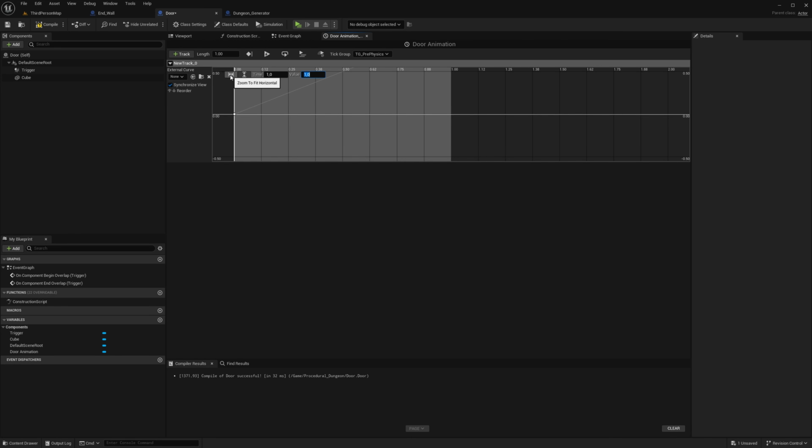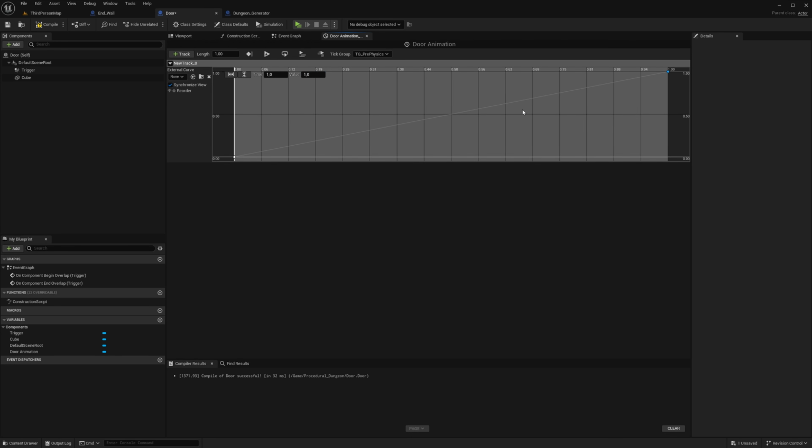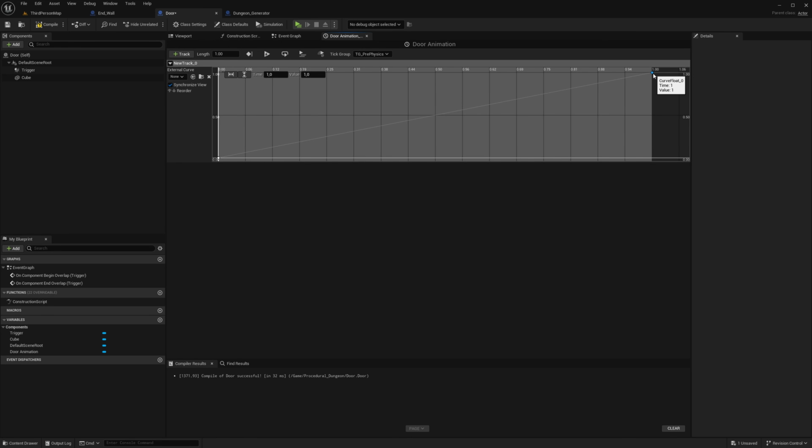You can click on these two to center the timeline here. And what this means is, 1 is kind of like 100%, and so the minimum is 0 and the maximum is 1. Maybe the minimum is -1, I don't know, guys.